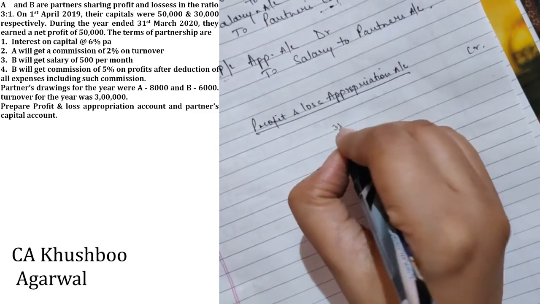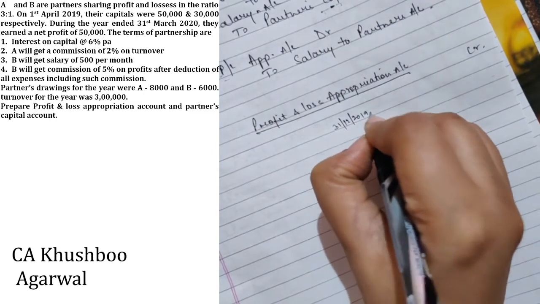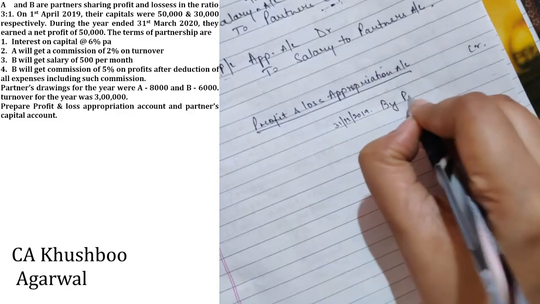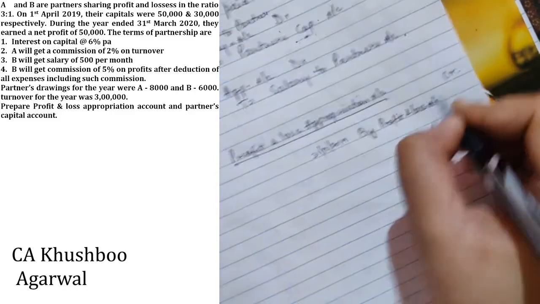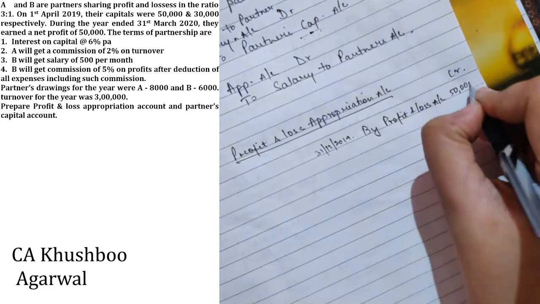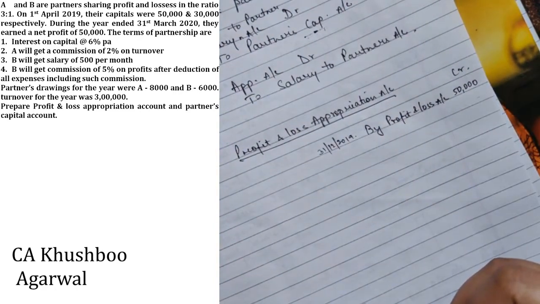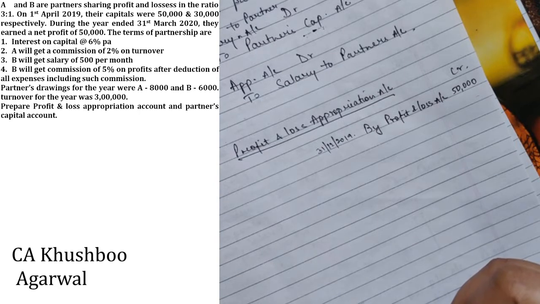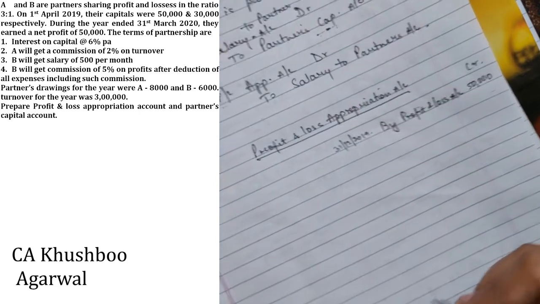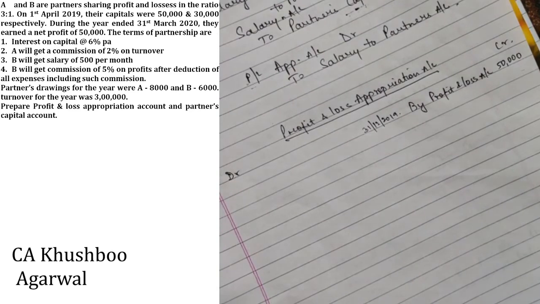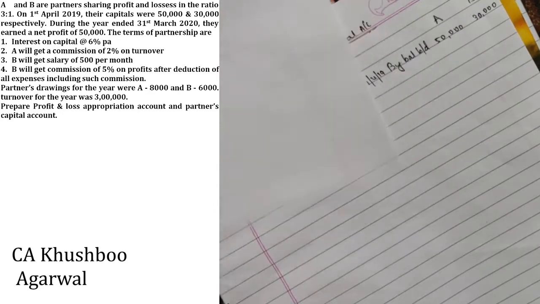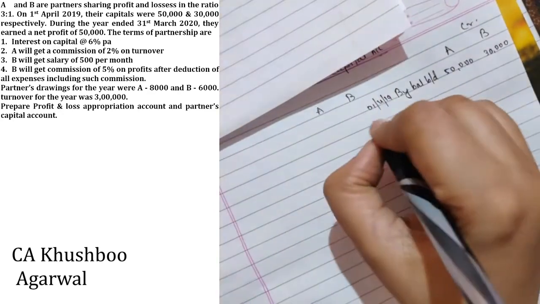Therefore, on 31st December 2019, by profit and loss account, 50,000 rupees. Next we have interest on capital is 6% per annum. So the entry for interest on capital is, when charging to the partners, we have